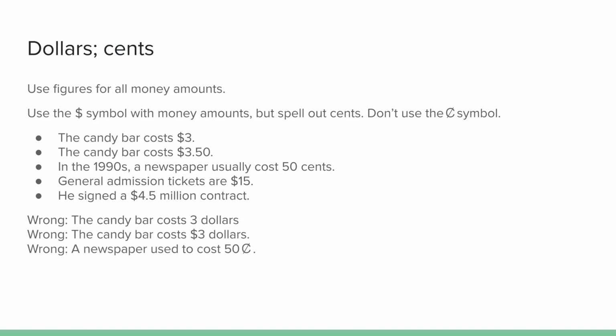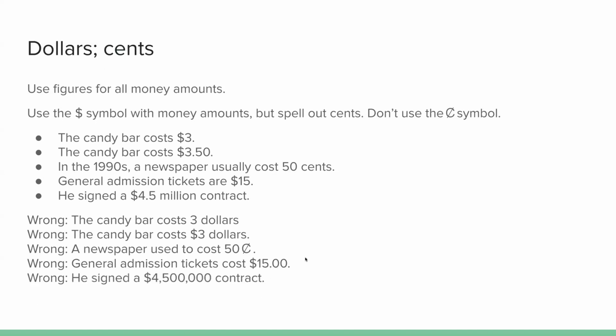And we don't use the cent symbol, as I talked about. And it would be incorrect to use the decimal point and two zeros if it's an amount of money that's an exact number of dollars. Okay, those would all violate AP style. Oh, and it would also be incorrect with a money amount to write out the full figure rather than using that mixture of figures and words. So this would be incorrect usage in AP style to write the